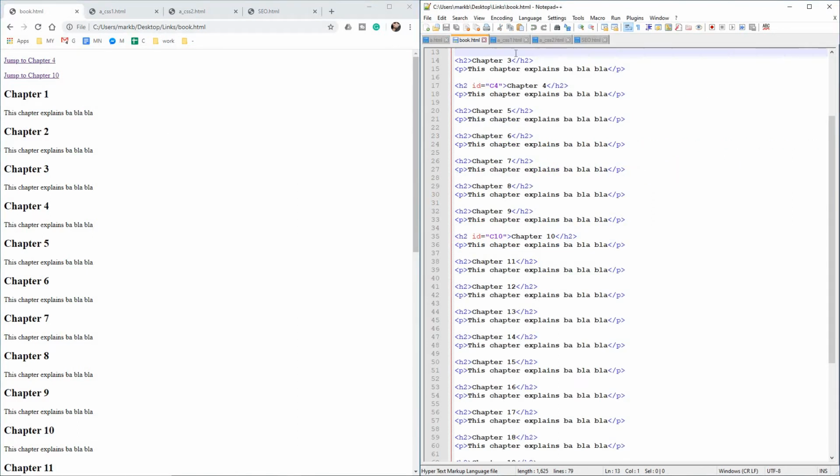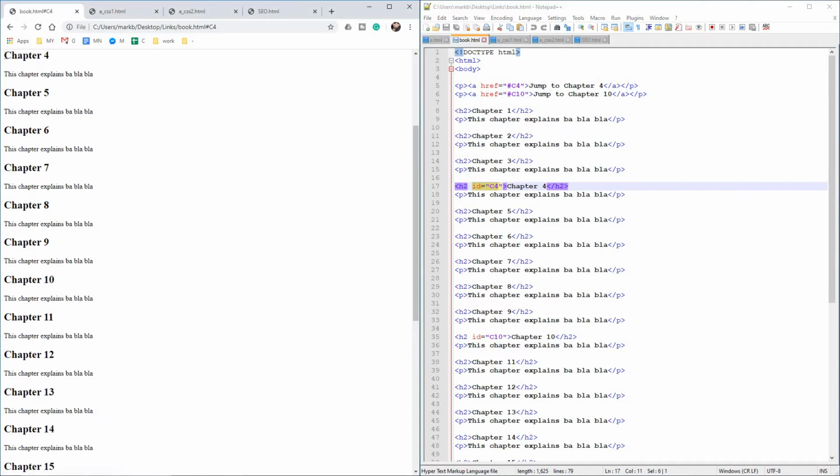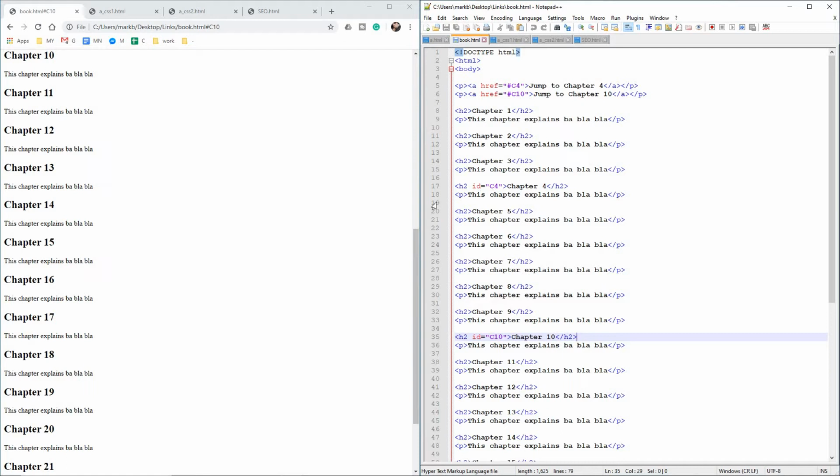Okay, so what I wrote in the code is href hash C4. Now C4 is the ID C4. So if I click here, it goes, you see, to C4. Go back, scroll to C10. If you see the C10, it has an ID. Remember when I said an ID is good to have, and this is one of the reasons why,